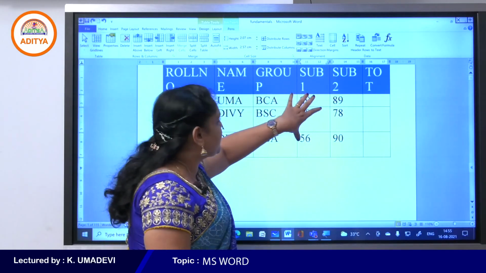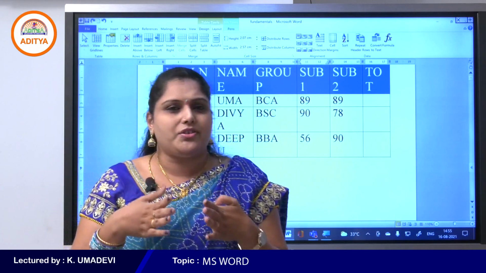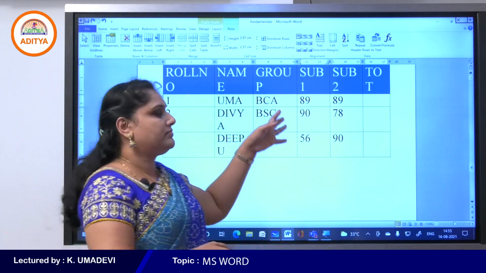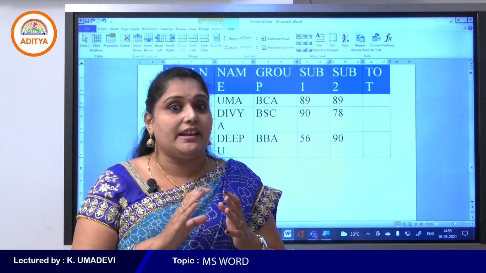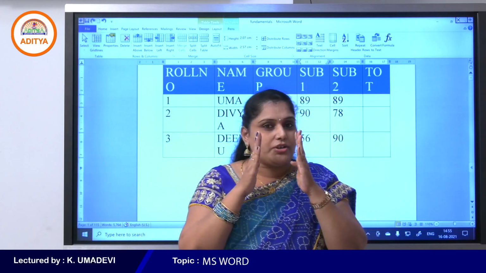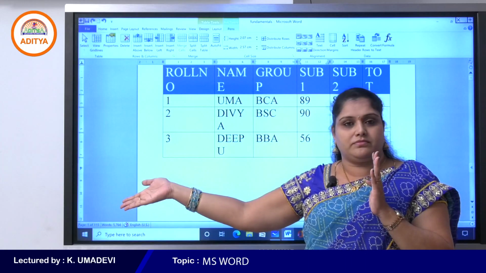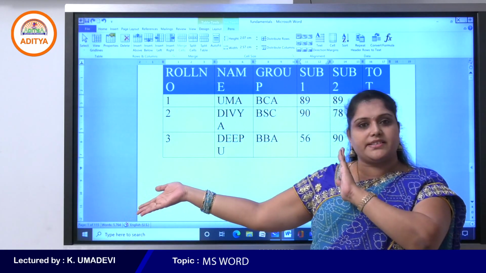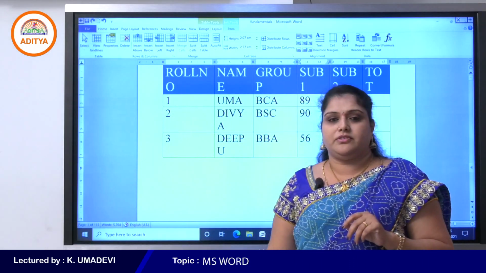So now my cursor position is in subject 1. Then which command is used to insert the new column? We have two commands, insert left and insert right. Insert left means if you want to insert the column on the left hand side of the selected column, then simply click on insert left.